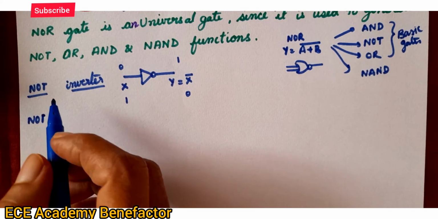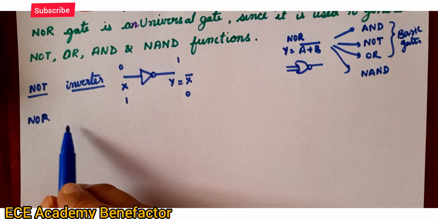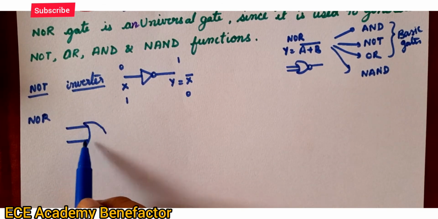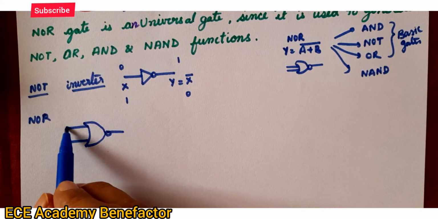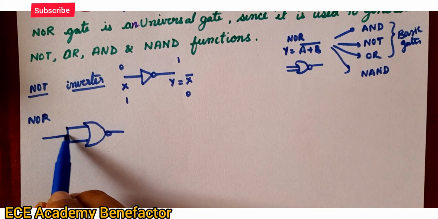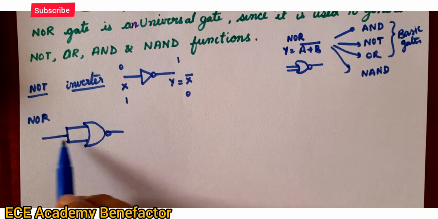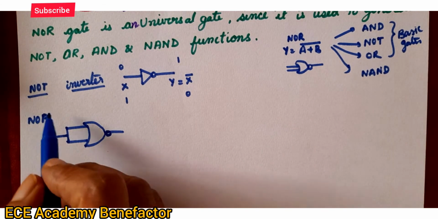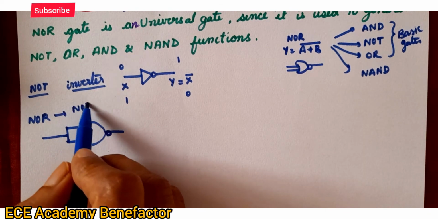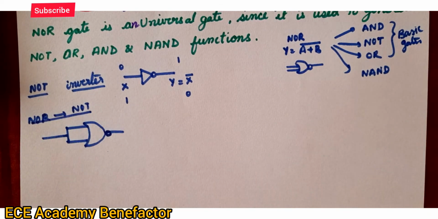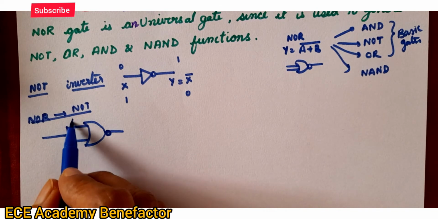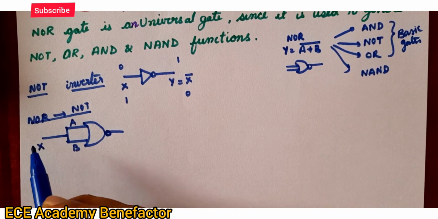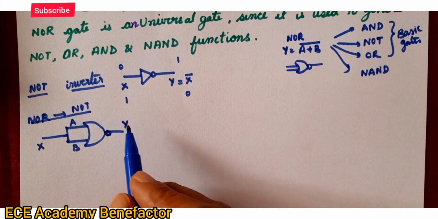So you know NOR gate symbol, and so I will draw it directly. This is NOR gate. When the NOR gate two terminals are attached and made a single terminal, it forms a NOT gate. So this NOR is now used as a NOT gate. Let us say this terminal is A and this terminal is B. The input be X, the output is Y.